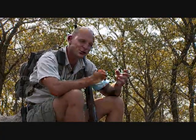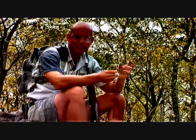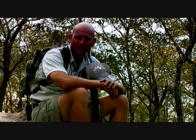Now, walking is a way for you to interact with the bush that's very difficult to do from a vehicle. In a vehicle, it's slightly noisy, you're missing the subtleties around the bush, you're missing the smaller, more finer detailed things. And that's what we hope to bring you with this, is we're hoping to introduce you to our neighborhood. This is where we live, this is where we stay. And there's so many tiny things that we miss while we're going from sighting to sighting, or driving around the reserve trying to show you